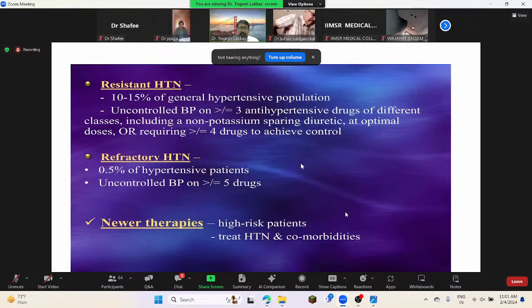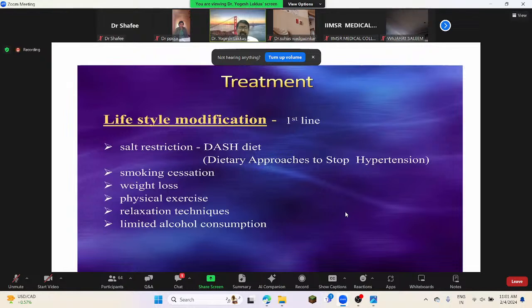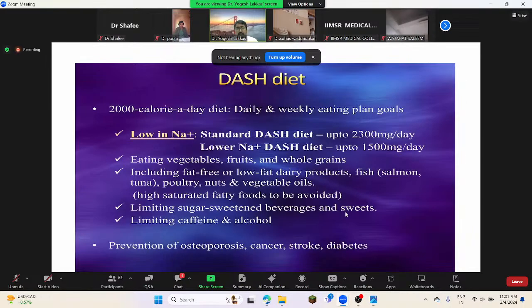So these newer therapeutics that have come over the last 10 years, or that will be developed during the next 10 years, we will be discussing mainly on treatment. First and foremost is definitely lifestyle modification, the diet that has been discussed extensively by Dr. Mane. Again, sodium intake has been linked as a modifiable risk factor that everyone has to follow in their lifestyle. Then eating vegetables and exercise are important components of that. Then control of other associated diseases like diabetes is also important.